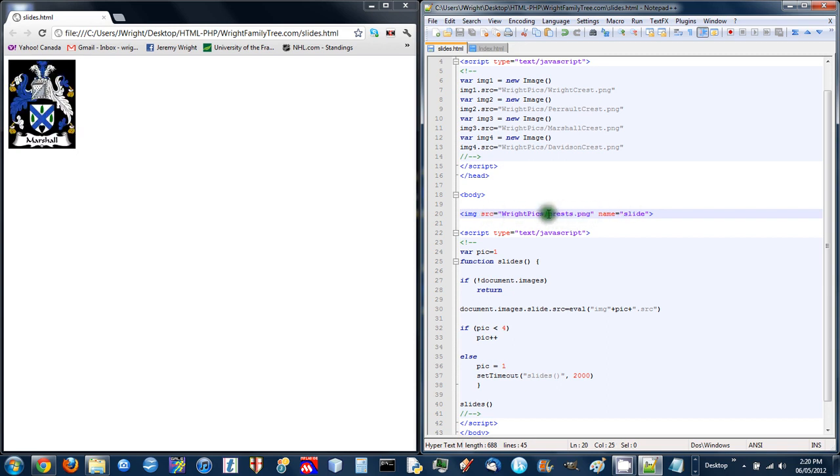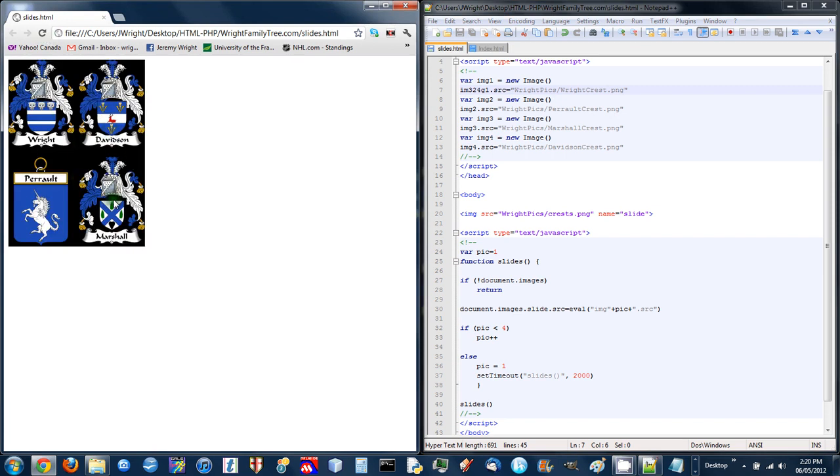In this case, I have my 4 crests in a square, and I'll show you what I mean. So if the JavaScript doesn't work like that, then you will get something like this. Okay, so let's put that back,